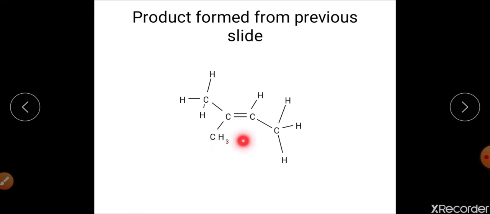You can see that this is the CH3 group which is present in this type of alkene. This is another CH3 group, and this is another CH3 group. So this is a case of a tri-substituted alkene that has been synthesized by the elimination of the beta hydrogen on the left hand side, not on the right hand side, right? So the more substituted alkene will be synthesized, and this rule that governs the formation of highly substituted alkene in elimination reactions is called the Saytzeff rule.